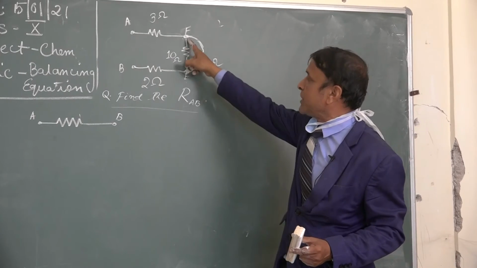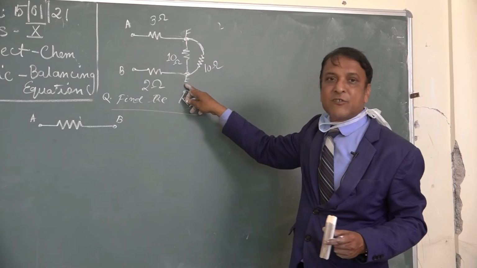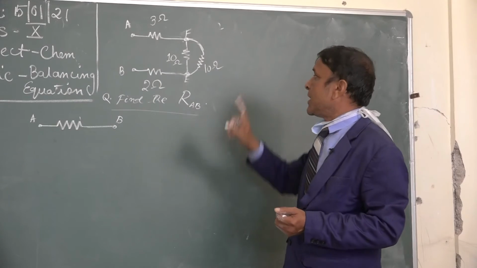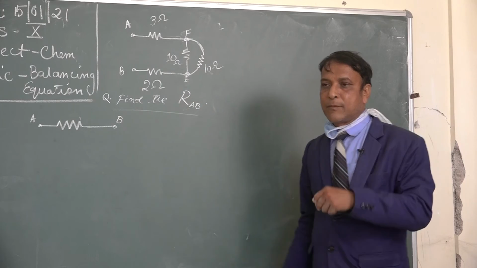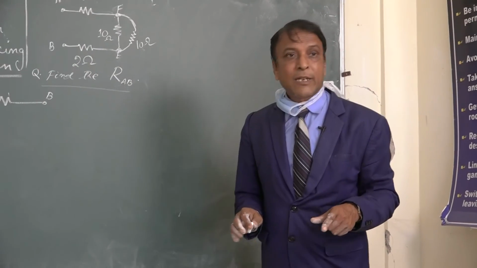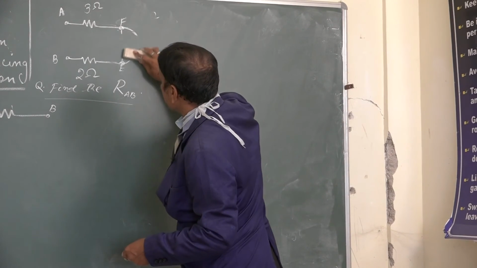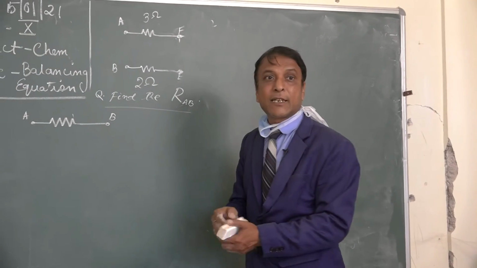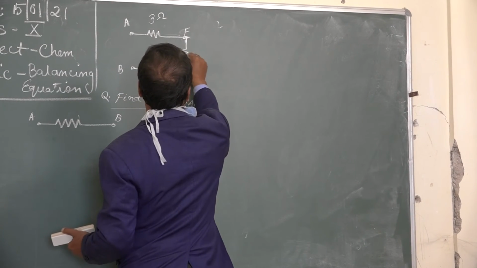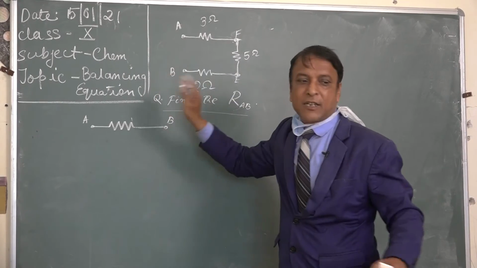And both the ends will be joined there at E and F, because from F it came and it is joined at E. Same points will be connected. Okay, now again, it is 10 ohm, it is 10 ohm. What will be the equivalent resistance for this? 10 by 2, because same resistance. So instead of taking these two, we can take a single resistor. What will be its value? 5 ohm. Okay.